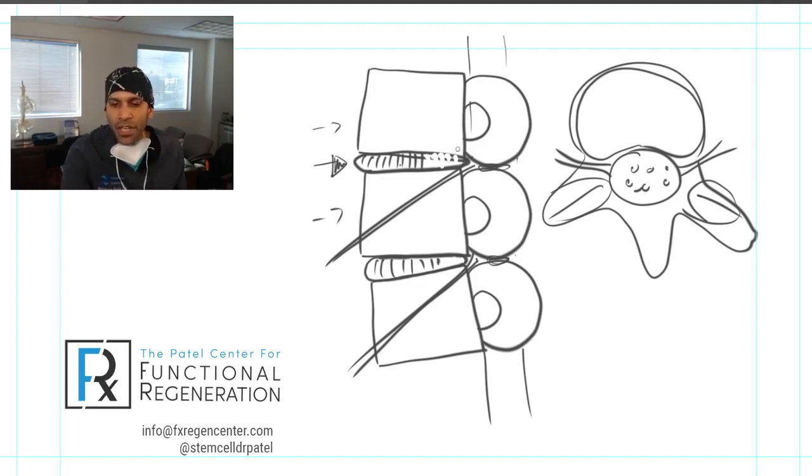But as that disc starts getting wobbly and there's more motion that takes place there, there ends up being more friction that takes place at the facet joints, right? Where one vertebral body's facet joint meets another, or where one coffee mug's handle meets another, there's more friction that's going to take place there. And over time, that's going to start getting rougher. The smooth surface called the cartilage starts to wear away, and then the bone starts to get a little rougher in that area. Over time, as that progresses, that bone is actually going to get bulkier. The size of the bone is actually going to increase, and that ultimately is going to decrease the space where